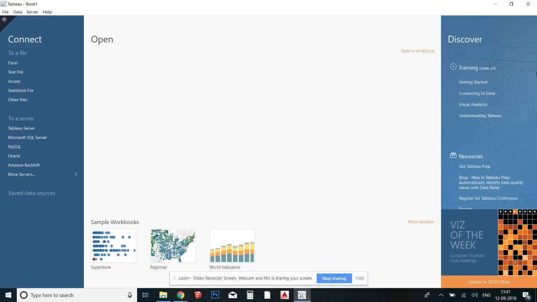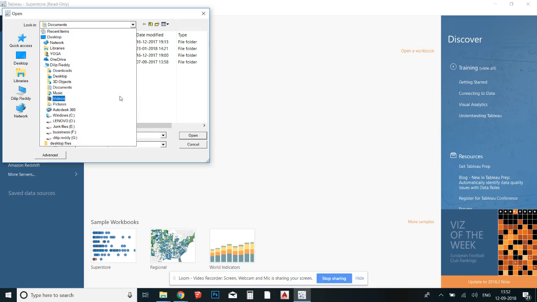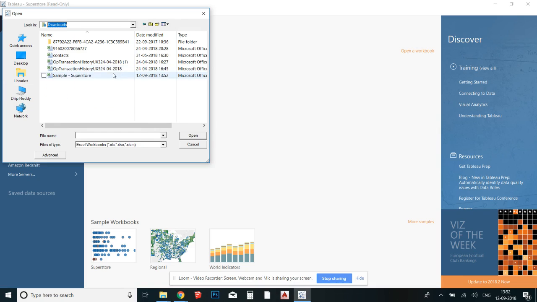And this is the overview of Tableau, how it looks like. Just to give a gist, I'll take you around. On the left, let's connect to one basic file, basic Excel file. Okay, click on Excel. Go to the location where you can find your document. Okay, and we will be using sample superstore data